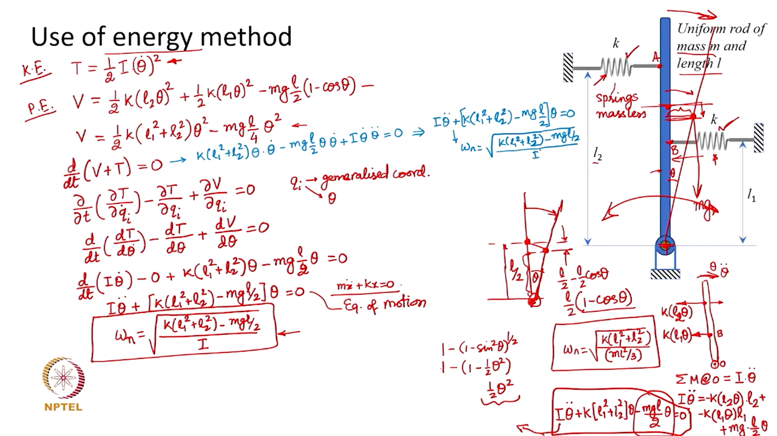over I. And in all of these equations, I can be replaced with ml square by 3, that is the value of the mass moment of inertia of a bar of mass m of length L about its end. Now, as I said, up to this point is fine, but